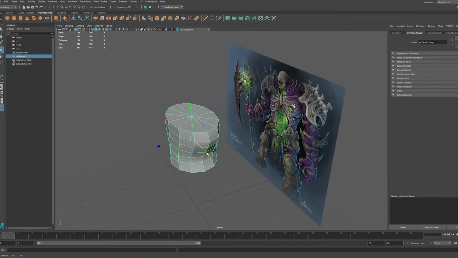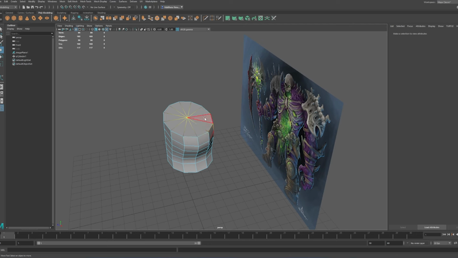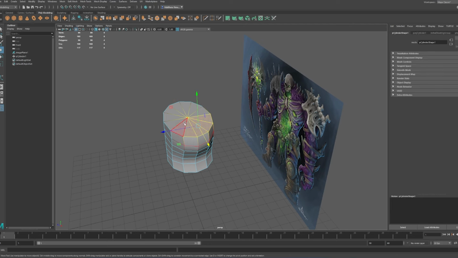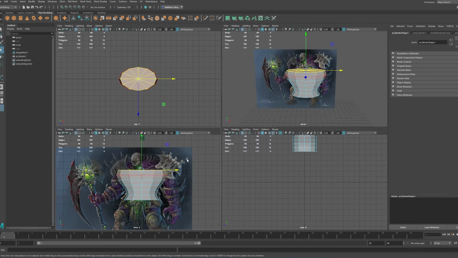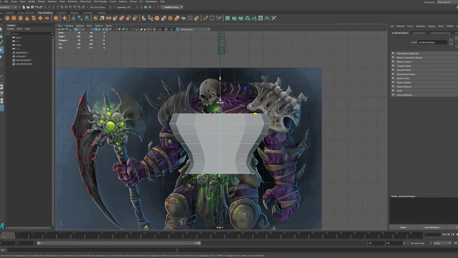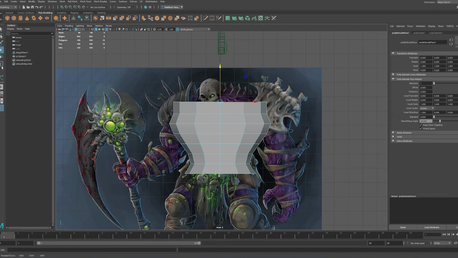And I'll come back in here. And then we can start forming out the top portion, right? So I can come here and say, hey, we'll grab that piece right there, go into the front right here, B, and then just hold down Shift and start extruding out these little pieces. Right, so you can use the scale to scale it in, bring it up, so I can add more of these divisions or edge loops to really just form out the initial shape